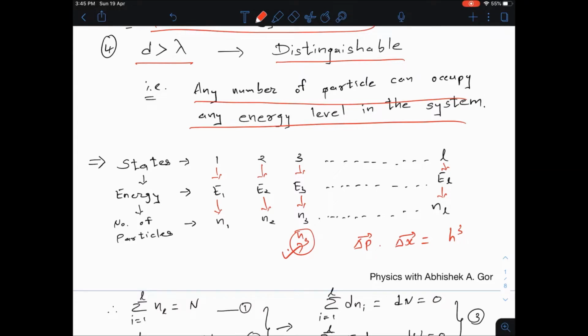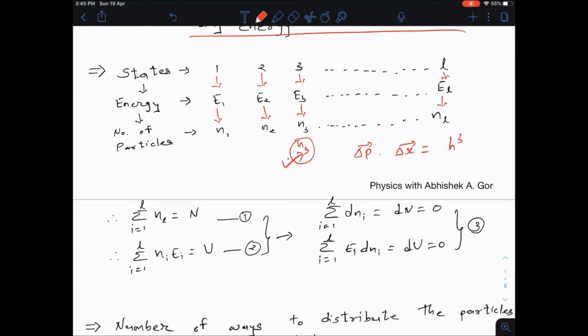Now again we know that the number of states we have considered is L and the numbers of particles in those states are N1, N2, N3 and so on up to NL. So the total number of particles capital N is nothing but the summation of all these particles in the given L states. Similarly, the internal energy U can be given by the summation from i equal to 1 to L of Ni Ei. Now the total energy U and the total number of particles N of the system remain conserved,